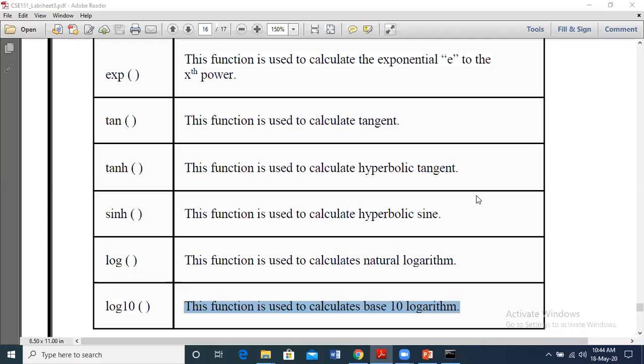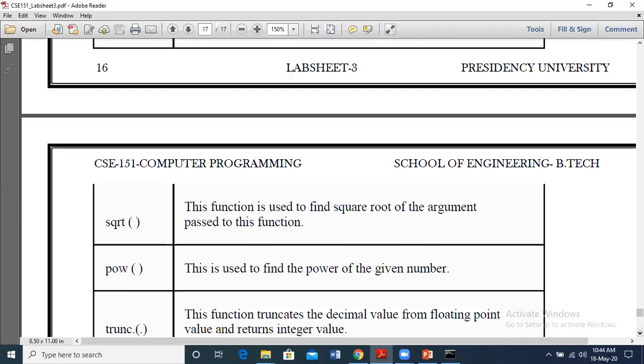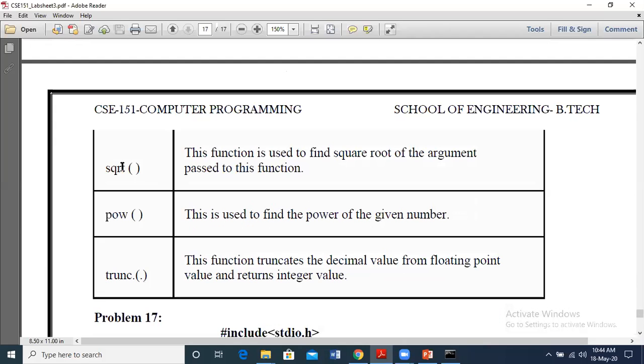So here we are finding the different mathematical function values. These are not limited, we have a lot more. We have mentioned only a few of them in this table. Whenever we are using these, they can be used, and you can see some more also. SQRT is used to find the square root of the argument. So if we give SQRT of 4, what will be the output of the square root of 4?